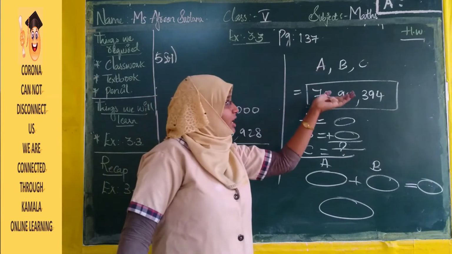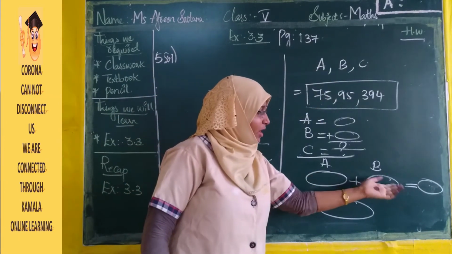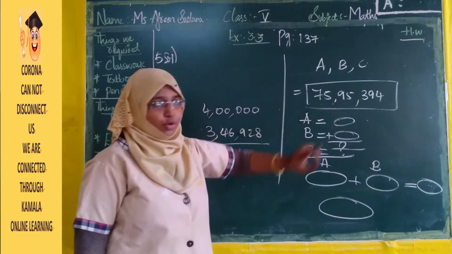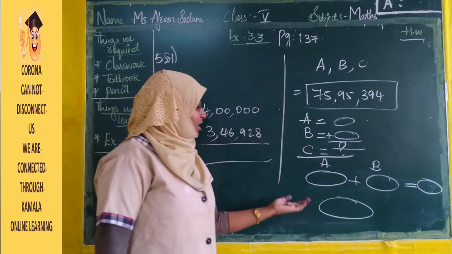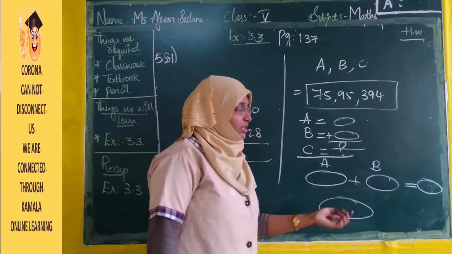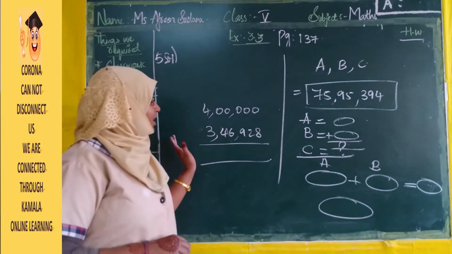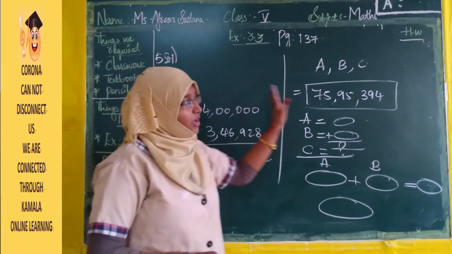Whereas in this election, ABC, they gave the total number of votes. Firstly we will add up A and B. The result which we got, we will subtract from the total number of votes. The result after subtraction, that answer is the number of votes candidate C got. I hope it is very clear and we will definitely try this 5th and 6th one.